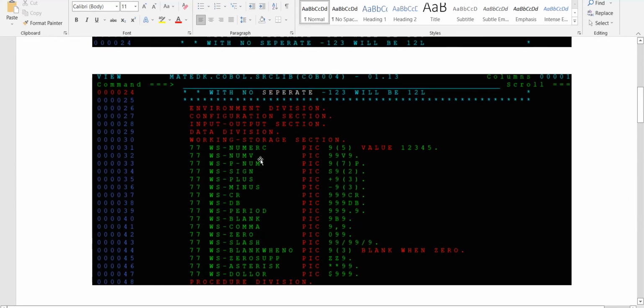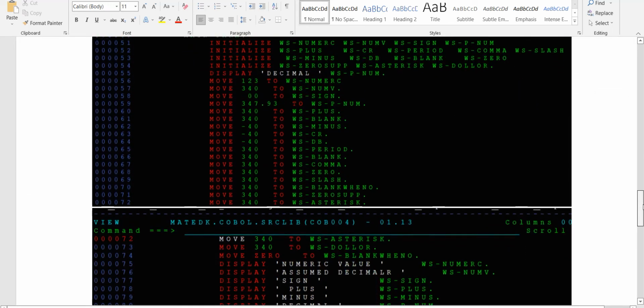See here, numeric V is assumed decimal, P num is no scaling assumed decimal, and sign plus minus, CR DB, period, blank, comma. Okay, this is how we declare 9B9. Okay, and zero suppression, or rather it's not zero suppression, just if you want to have 0 in between the number we can give 0. Okay, and slash and blank when 0 and 0 suppression, asterisk, and dollar is also there, it is for currency we can mention. Okay,